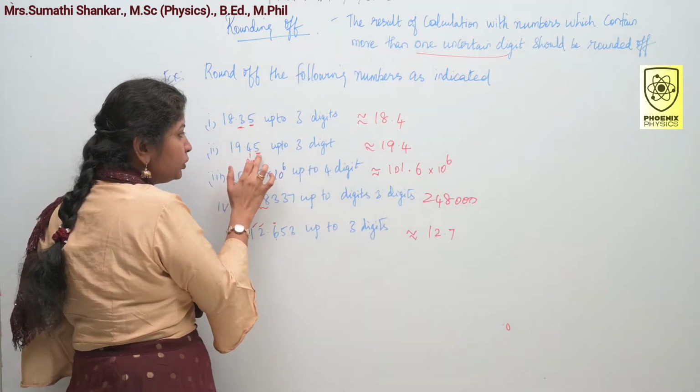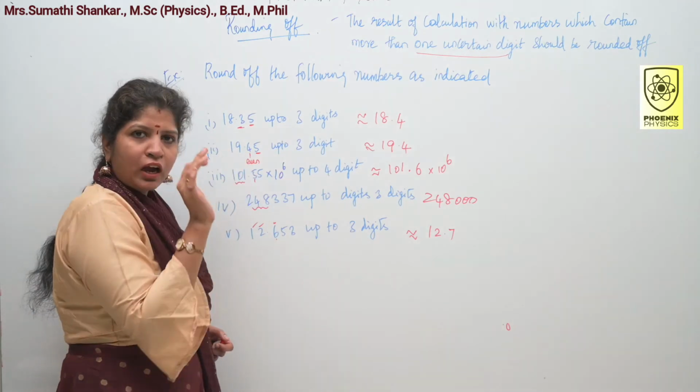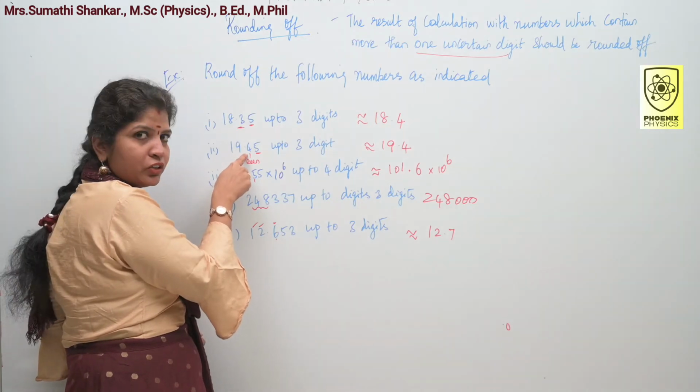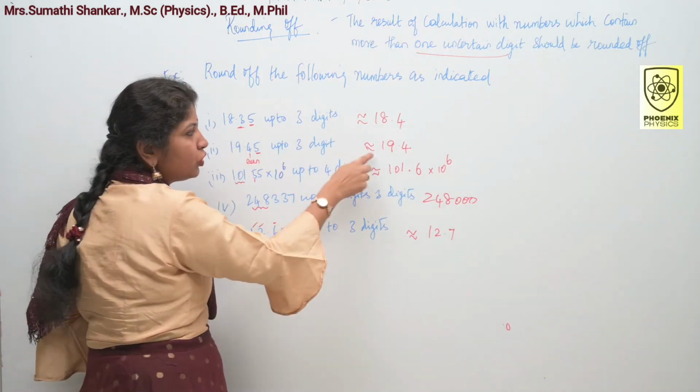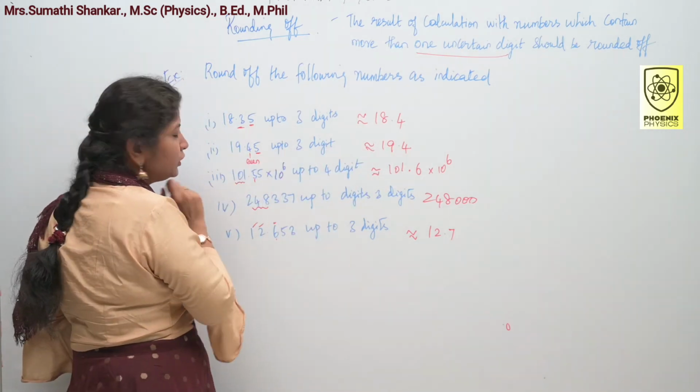Here the digit to be dropped is 5. The preceding digit is left unchanged if it is even. Here this 4 is my preceding digit and this is an even number. So I have written it as 19.4. Look at the third example,